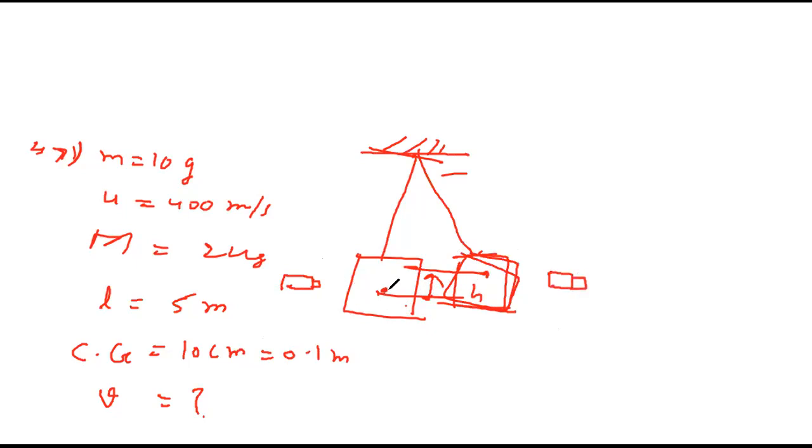First it will go inside the block. This condition is before and this is after. Sir, can I use the law of conservation of momentum before energy here? Because it went up and height is given, that's why I'm using energy. So by the law of conservation of energy,